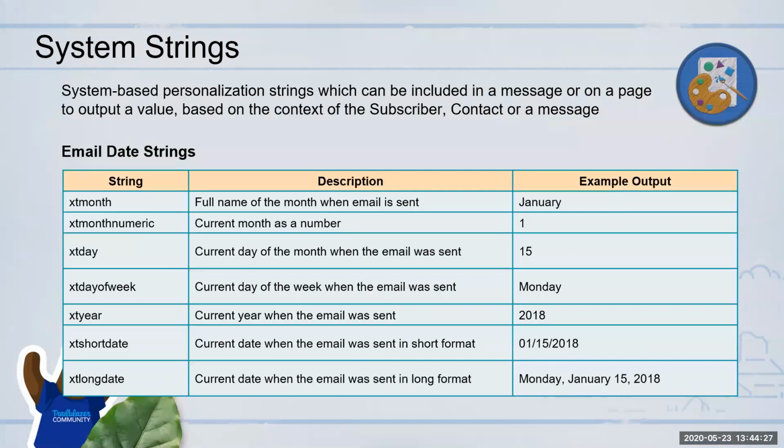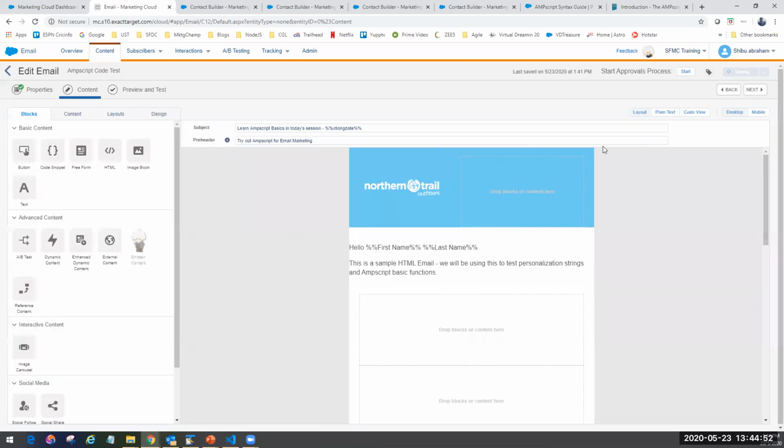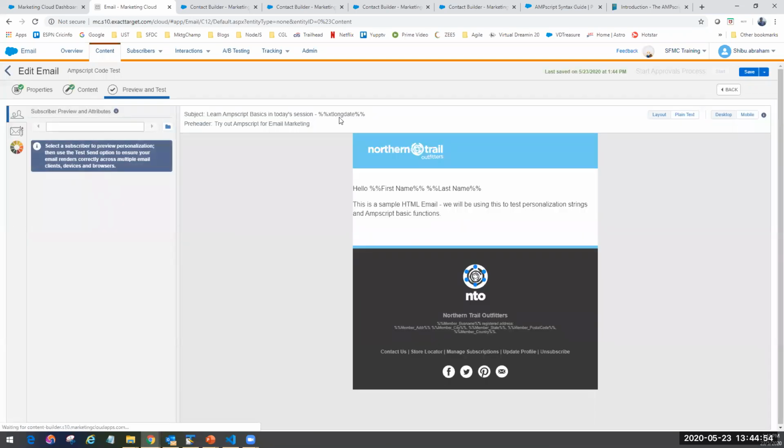Now maybe I'll show you how to use one of these in your subject line. So xt long date is this format. Let me show you here. If I put it in like this over here, click done, and go to preview, it will automatically get replaced by today's date.